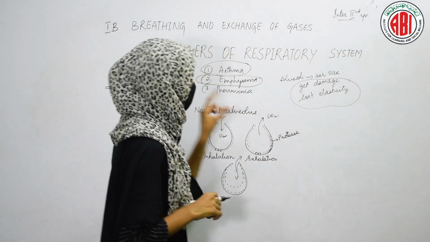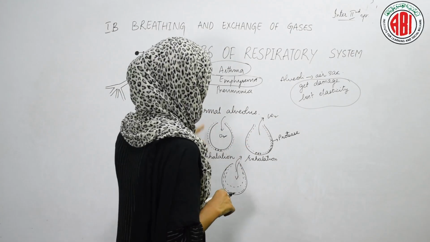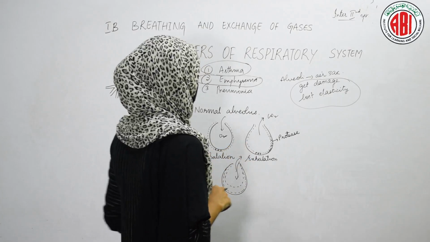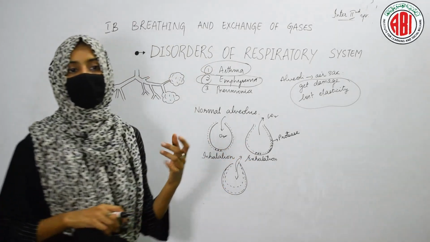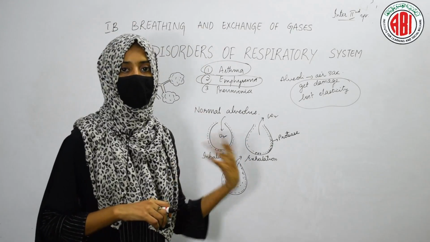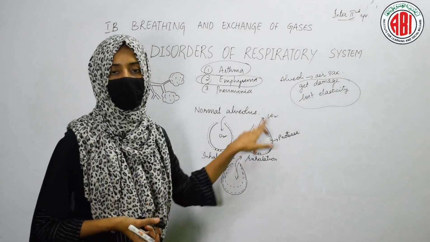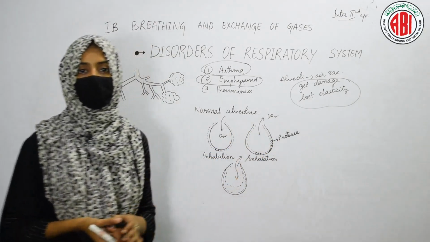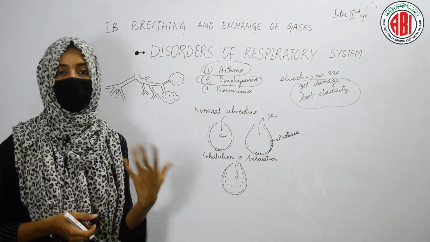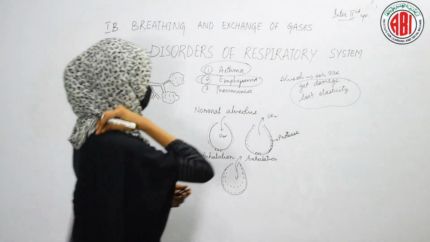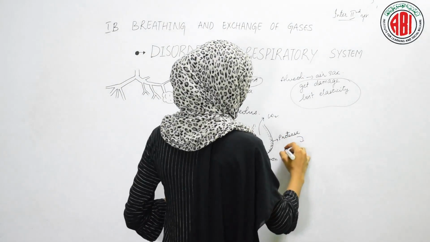proteases. So at the wall of the alveolus, some proteins are present that are called proteases. These proteins enable the alveolus to take the air in and to remove it out. But if those proteins were not present at the wall of the alveolus, then the alveolus would not function properly. It cannot show its function in a normal way. So this protease becomes anti-protease.